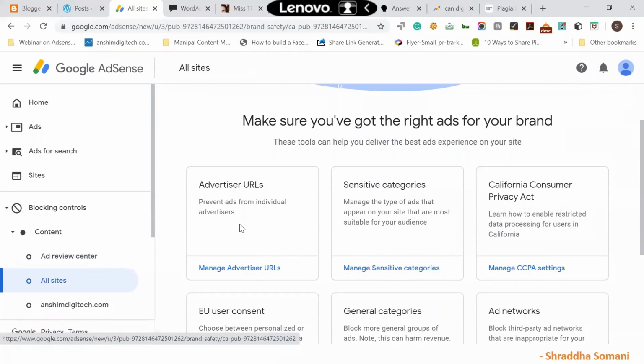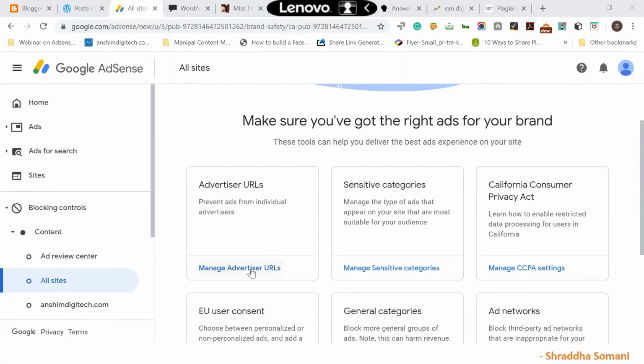So if anyone is my competitor, my question is, if anyone is your competitor, will you show their ads? No, right? Yes, you cannot show your competitors' ads, right? So what you can do is manage your advertiser URL.